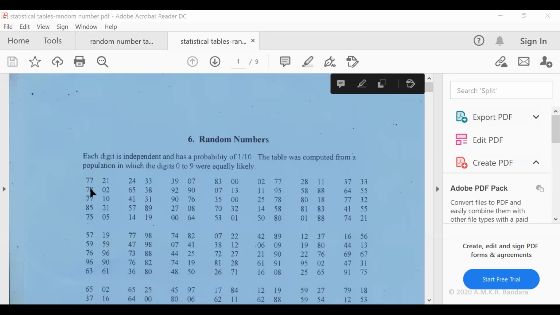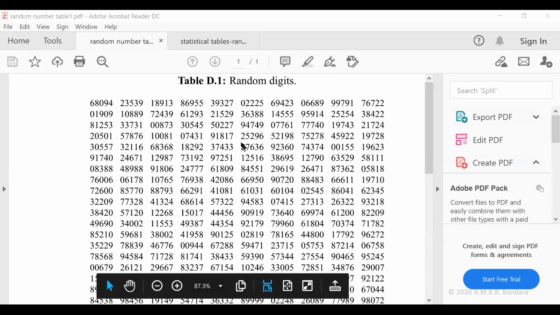Here 77, 78, 77 again, 85, likewise. And 39, 92, 90, 27, likewise. So this random number table can be used only to draw samples from population which is less than 100.